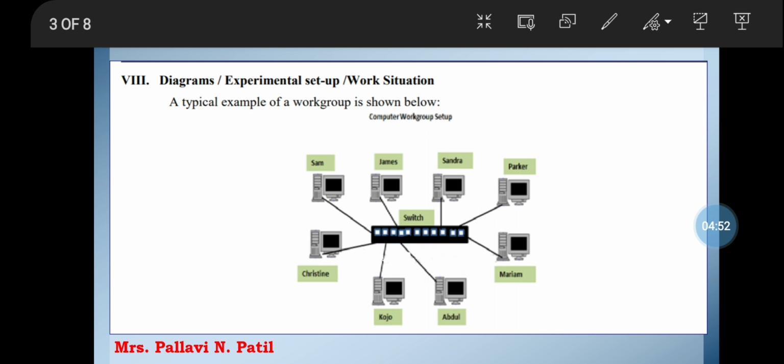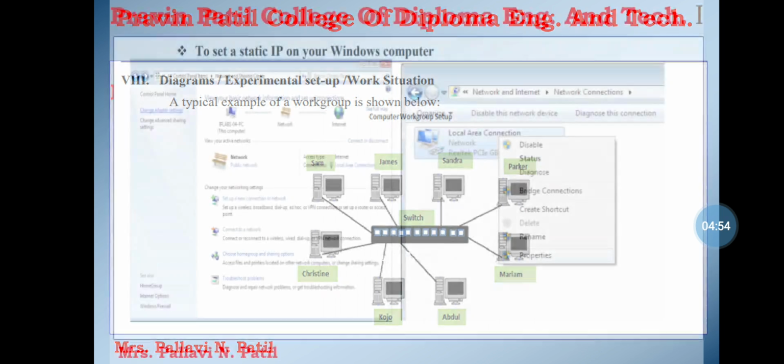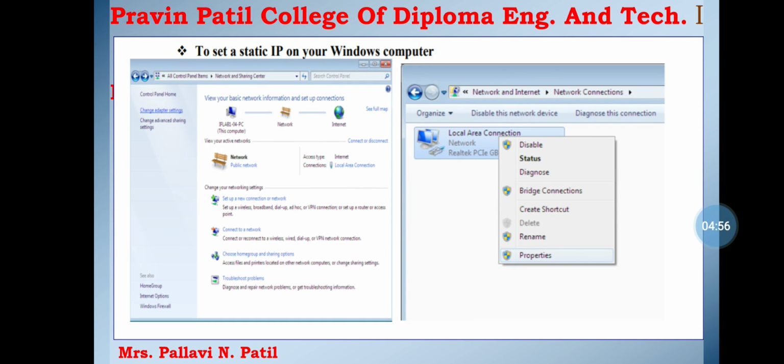The next is the procedure to set a static IP on your Windows computer.